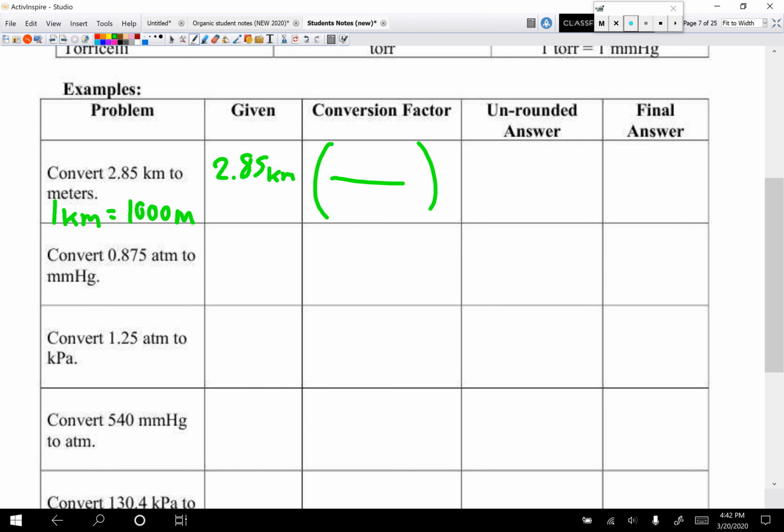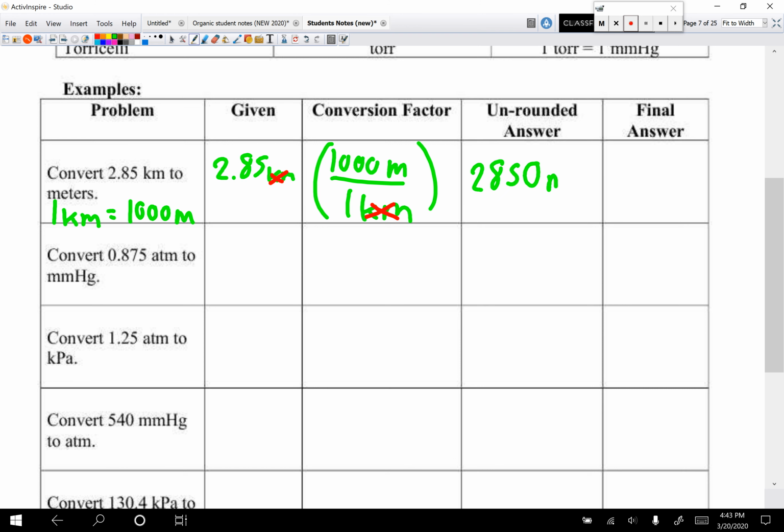The unit that we want to cancel always shows up in the bottom. So that means 1 kilometer shows up in the denominator. The unit that we desire, meters, goes in our numerator, and the number attached to that is 1,000 meters. If we multiply these, the kilometers cancel out, and what we're left with is our answer of